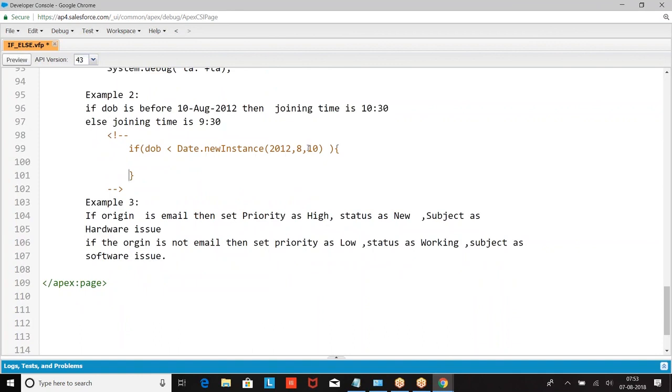If it is 2012 8/10, then we are going to set the time.